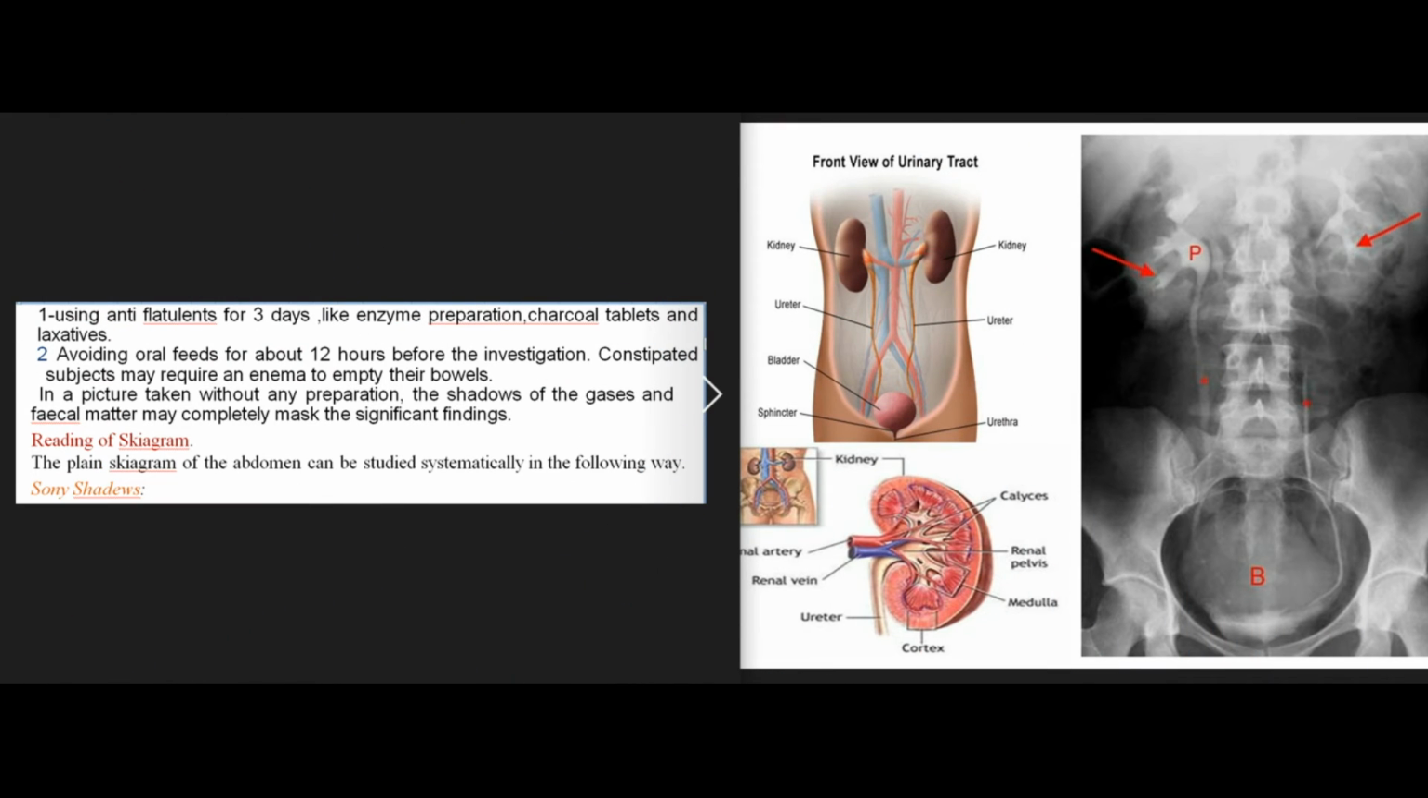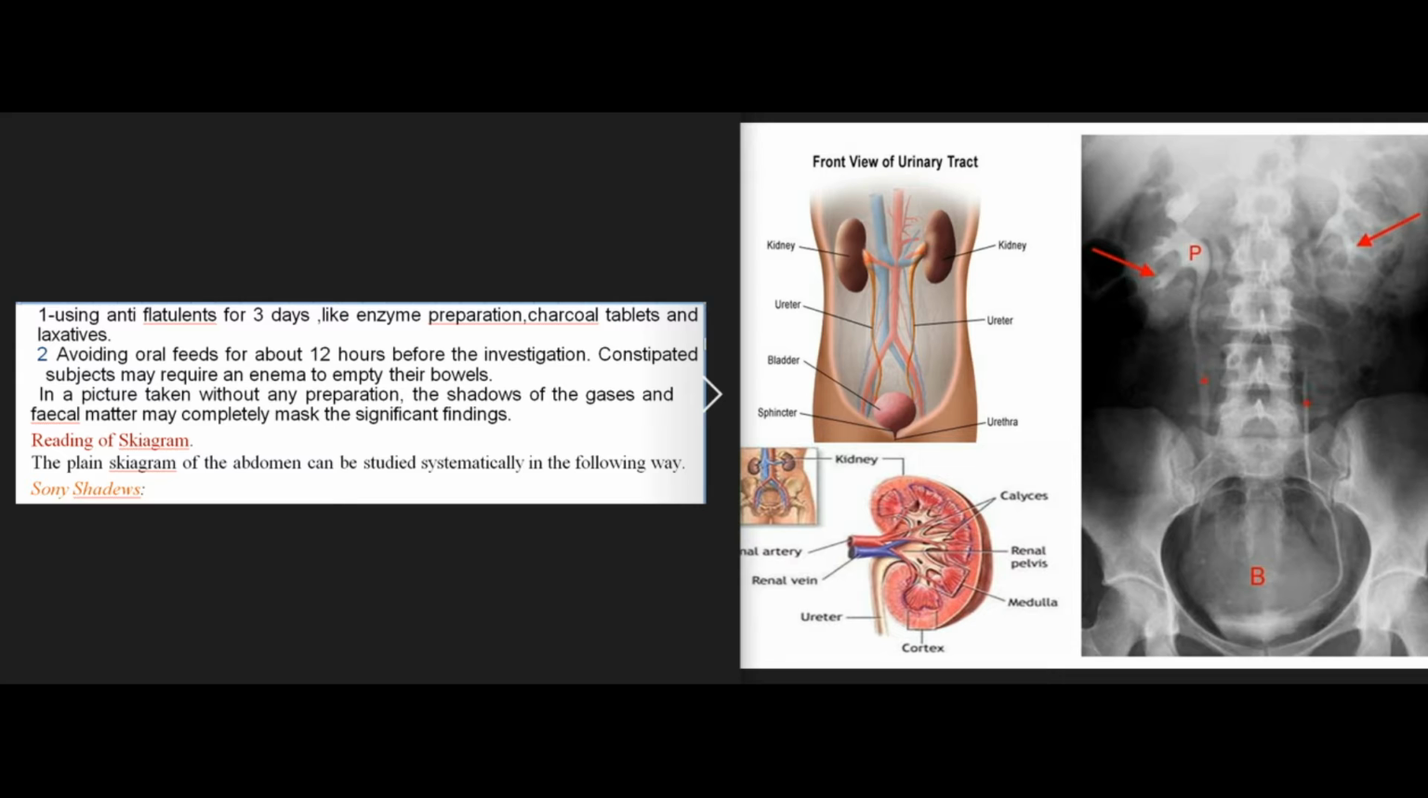This may be achieved by: 1. Using anti-flatulents for 3 days, like enzyme preparations, charcoal tablets and laxatives. 2. Avoiding oral feeds for about 12 hours before the investigation. Constipated subjects may require an enema to empty their bowels. In a picture taken without any preparation, the shadows of the gases and fecal matter may completely mask the significant